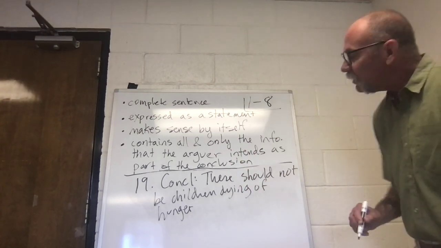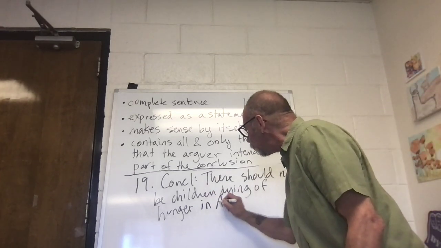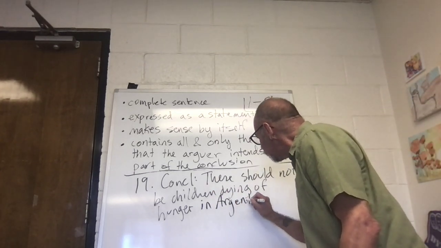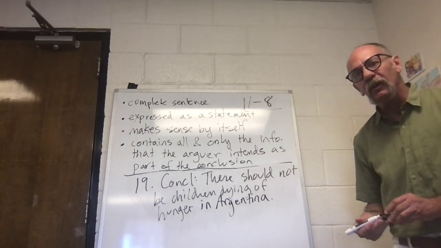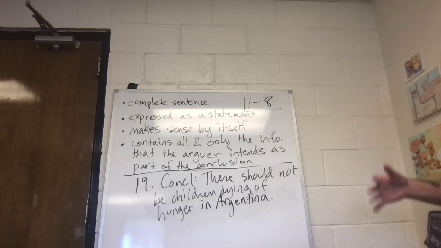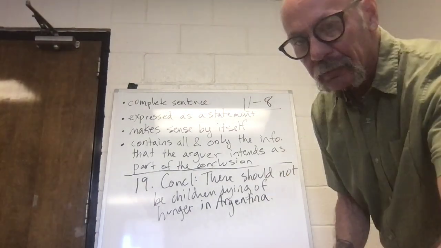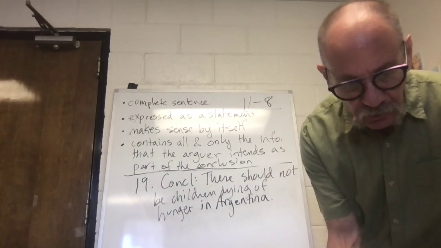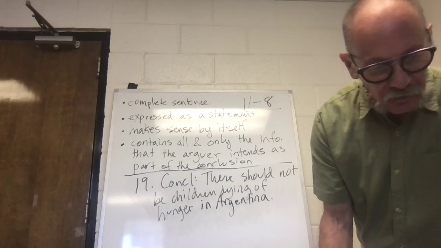In other words, to accurately represent the intended conclusion here, we need to build in the reference to place that we pick up from the premise. I just did that by putting in Argentina at the end. There are some other ways we could do it too that would work fine, just so long as you restrict the place that the conclusion is about to the country of Argentina. All right, I want to go to, let's see, two more of these. Number 26 next,